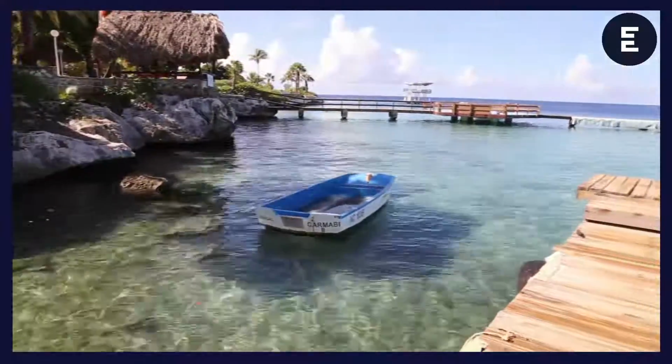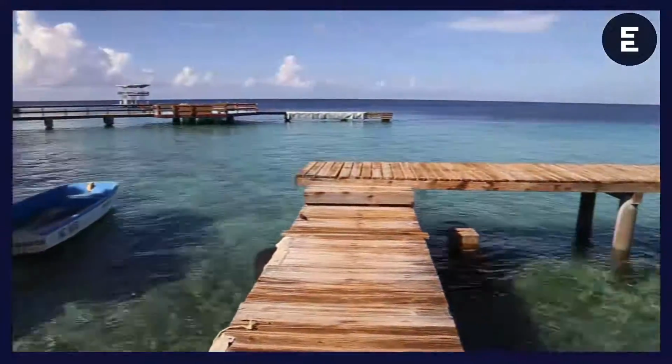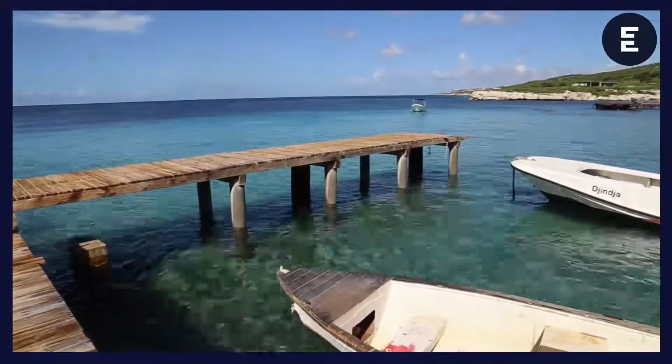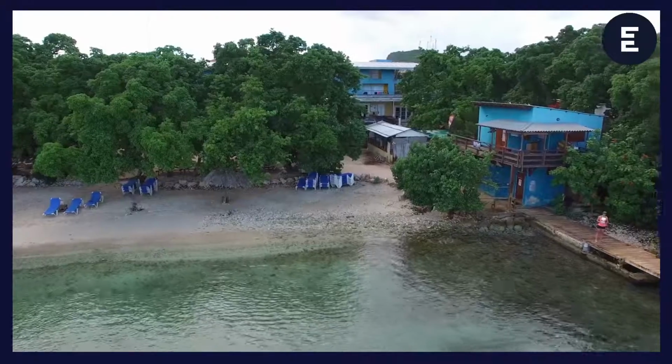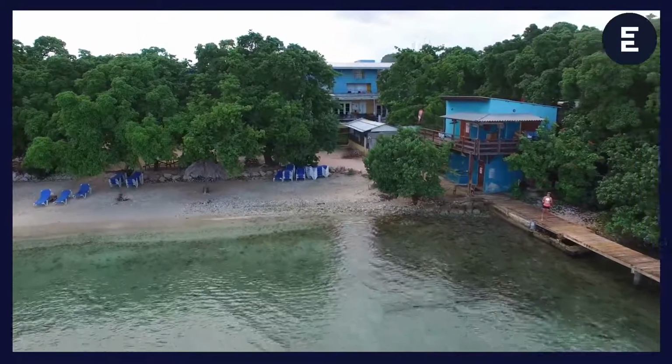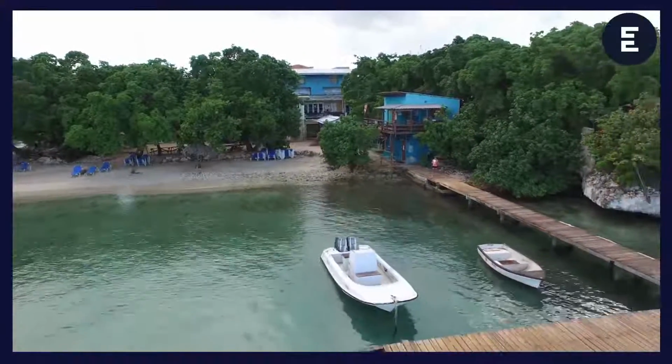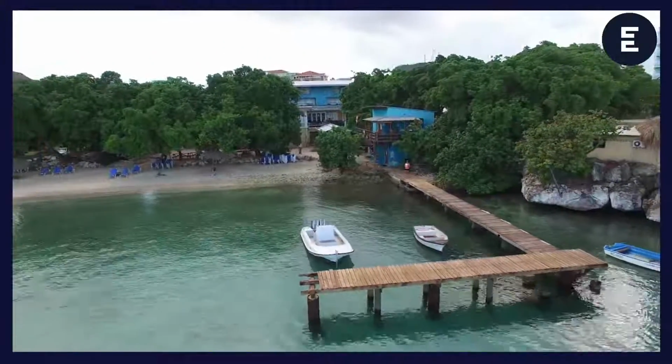Amazing. And Valerie, where's the reef? Are you literally a hop, skip, and a jump from coral? Pretty much, yeah. The reef here on Curacao is a fringing reef, so it is only a few meters away from shore. Most of the sites are around 40, 50 meters away from shore. So we can just walk in over here and do a lot of the scuba diving for research just from the station.